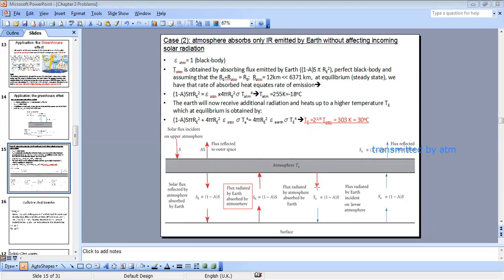So what will happen now, my Earth is receiving at the same instant two fluxes. It's receiving a flux coming from the sun. So this flux is coming from the